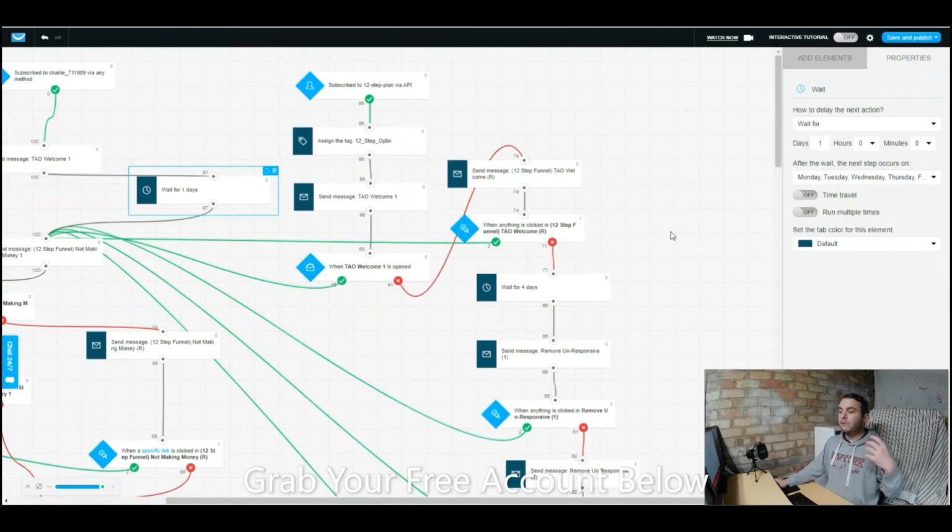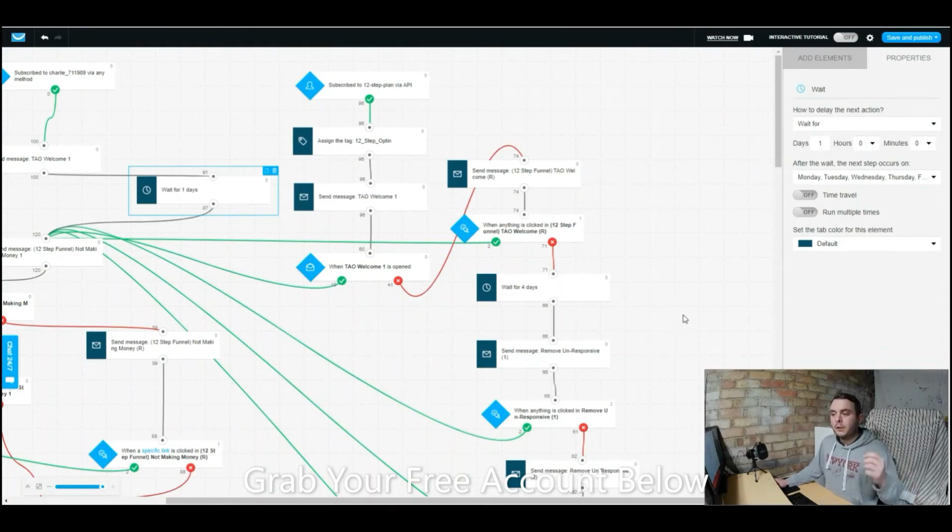Because of these rules that have changed with iOS, we can't guarantee that the opens are going to show. So what we can guarantee is that they click on a link. If they don't click on it, then they're going to go into this part of the funnel. We're going to give them a bit of time, because they've just come on a list, people are busy, people get sidetracked, they might have subscribed to a load of people on that day because they were really excited about something. Give them a bit of time, let them wait,